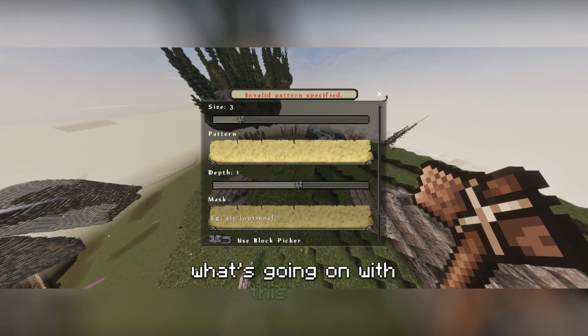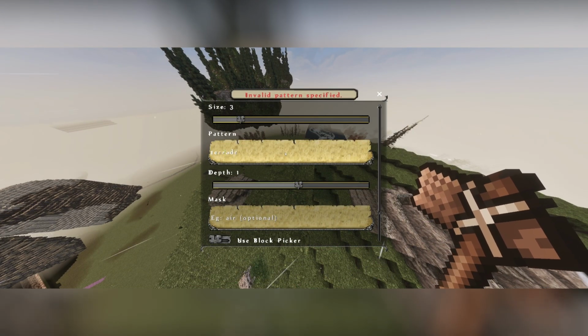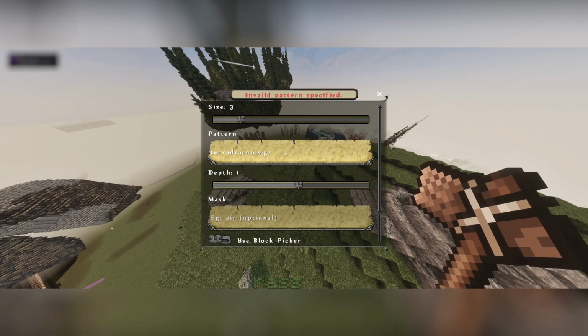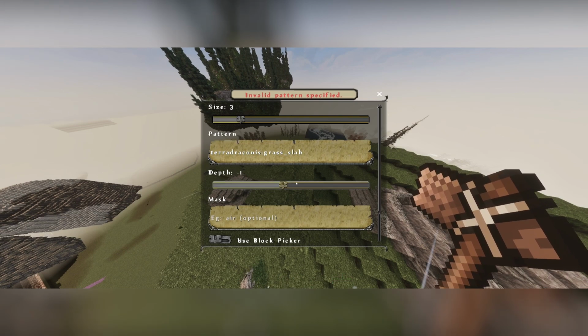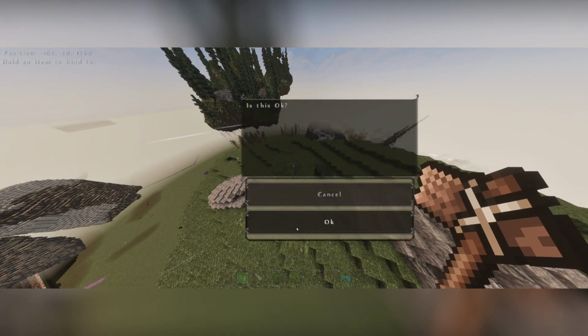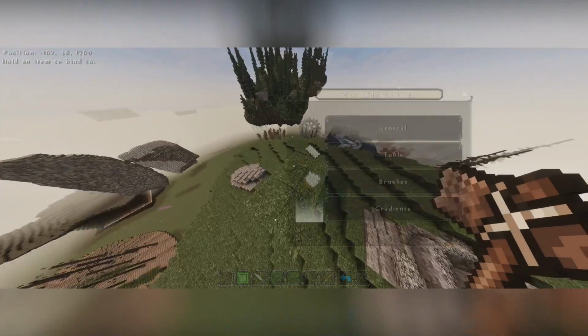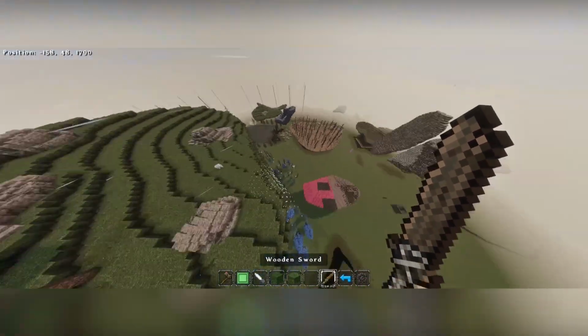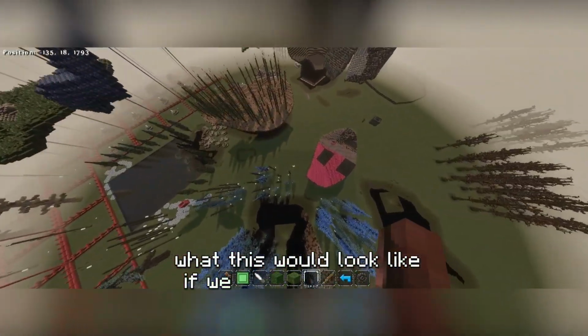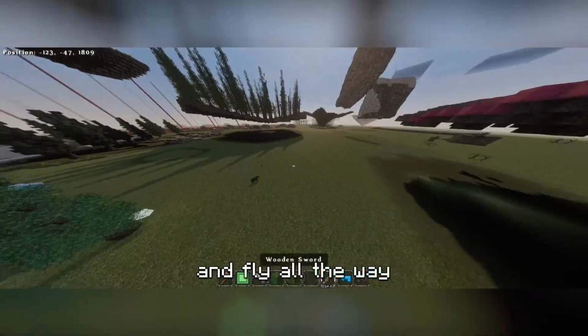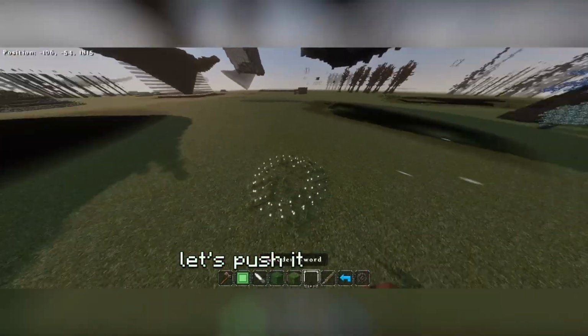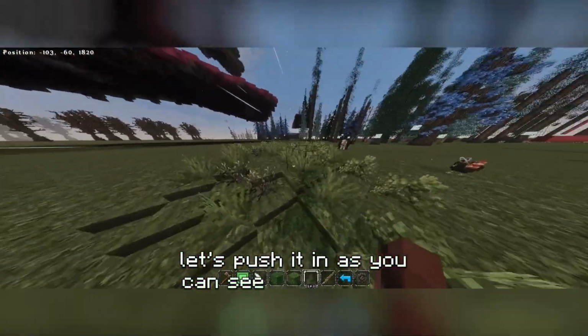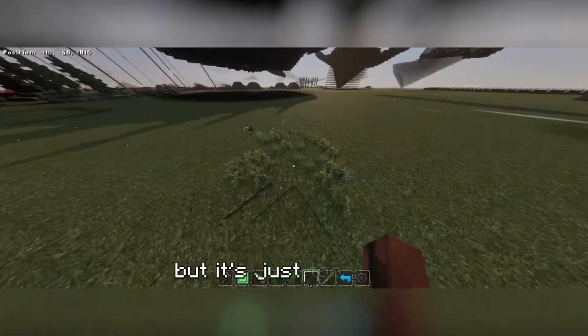Oh, what's going on with this? Terra Draconis grass slab. Okay. Let's go out and go out. So let me show you really quickly what this would look like if we had not included air. I'm going to fly all the way down here. Let's push it in. And as you can see, those blocks appeared, but it's just too flat on the top